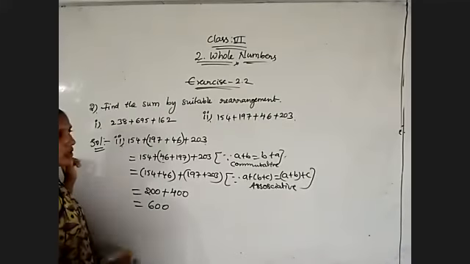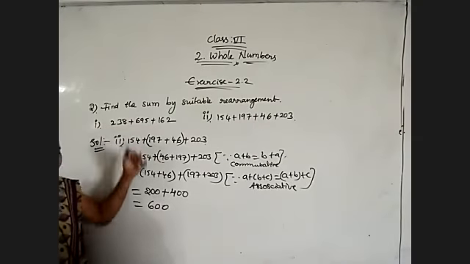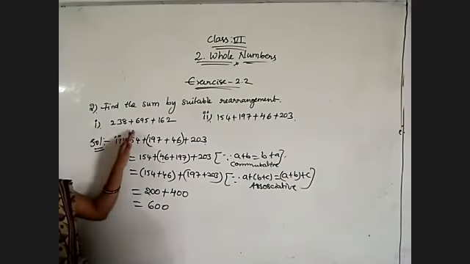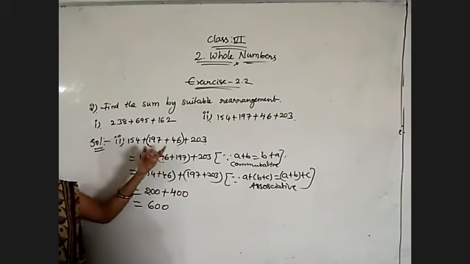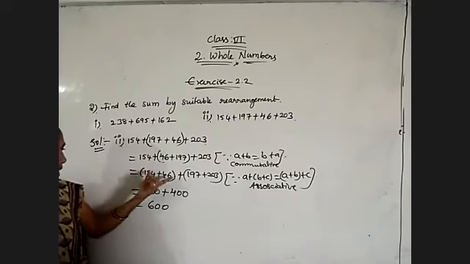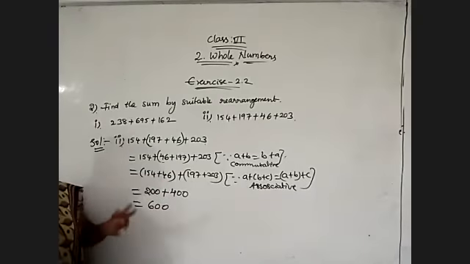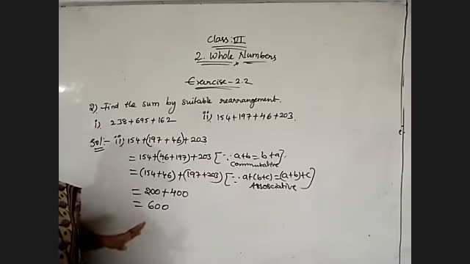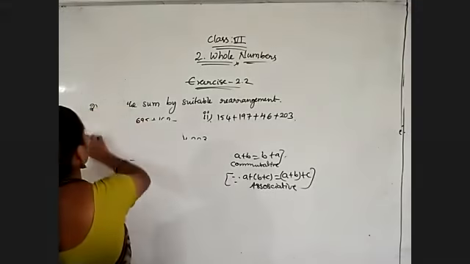Now remember, whenever you are getting all plus in the question, only this procedure you need to follow. First number we are not touching at all. Always we go with the second and third number. In our first step, second and third numbers we are interchanging. And in the second step, first and second numbers, for that we are keeping the brackets. After that we are doing the calculations. That's all. Within 4 steps you will get the result. Okay, for every question. And now coming to the third problem.